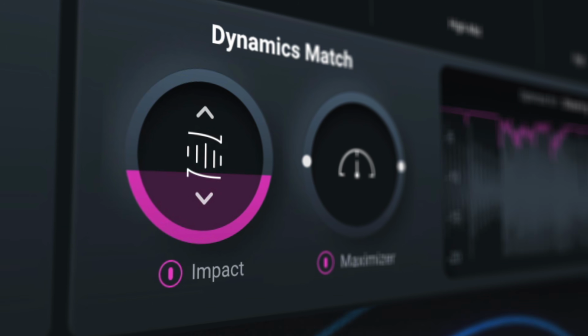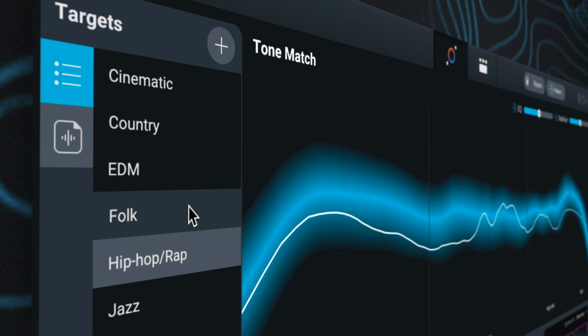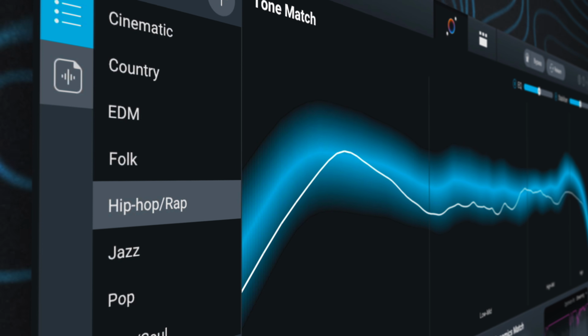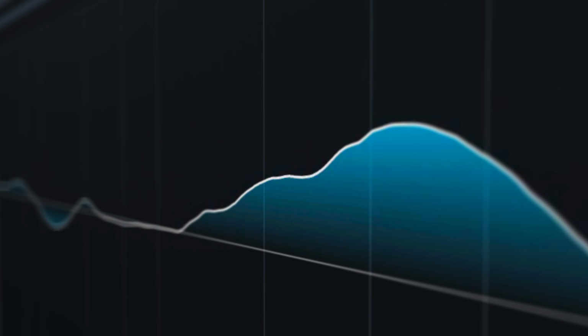Now, speaking of the tools that you have in this suite, you have vintage modules, you have modern modules, you have intelligent assistive technology, you have referencing capabilities. The value you get from the tool set included in Ozone is pretty tremendous. So kick up your feet or use the chapter markers below to skip ahead to a module that you've always wanted to learn more about in Ozone. Enough talk, let's jump in.